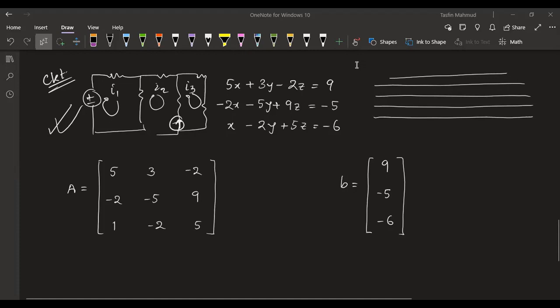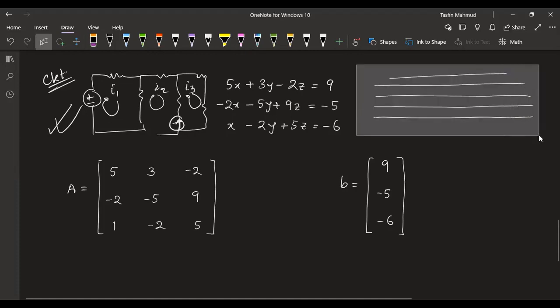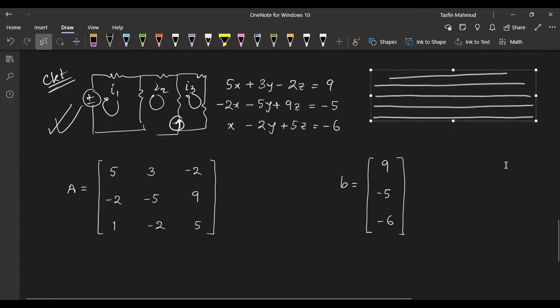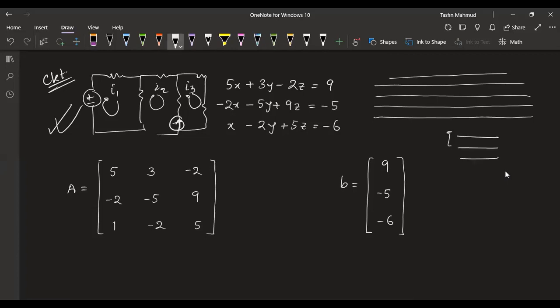So one other different type of problem might be this, that you will be given a stem, a paragraph, and from that paragraph you have to make the system of equations first. Okay, you have to find the system of equations by reading this paragraph, then you have to solve the system. Okay,